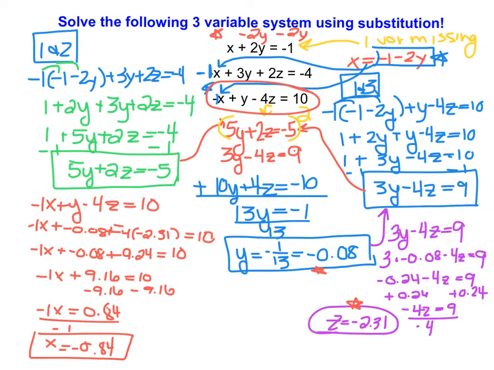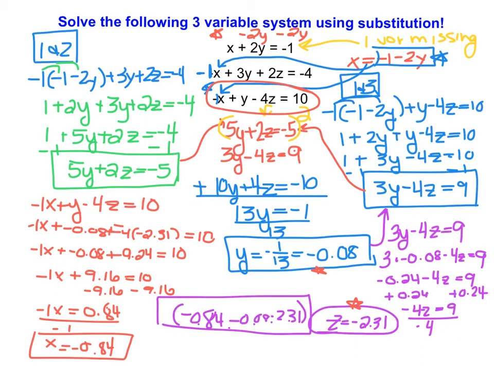So at this point, I now have my ordered triple. So I have an x value of negative 0.84, a y value of negative 0.08, and a z value of negative 2.31. So you can see here that sometimes they won't be very nice numbers. Sometimes they will be decimals, and you have to be prepared for that and okay with that